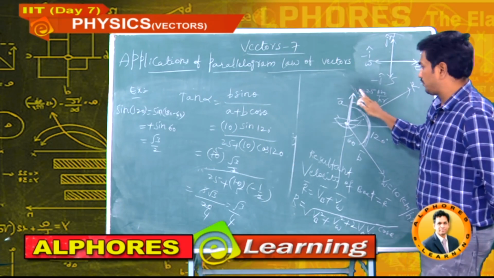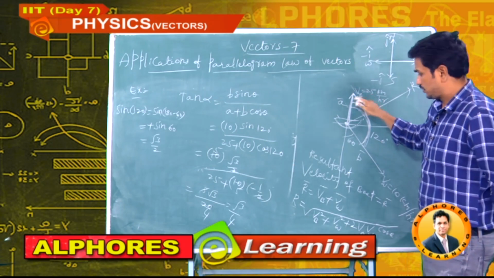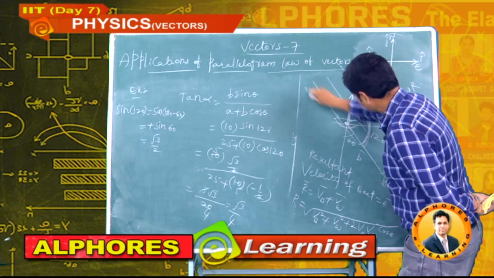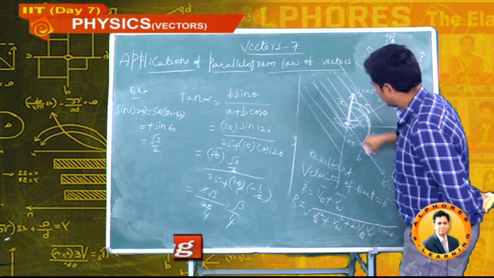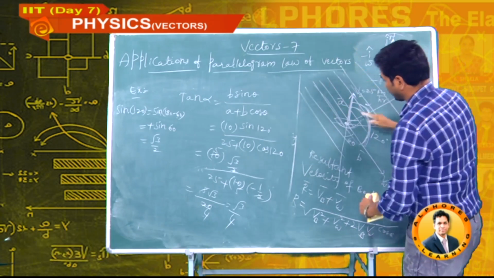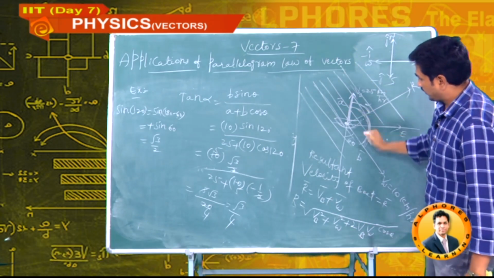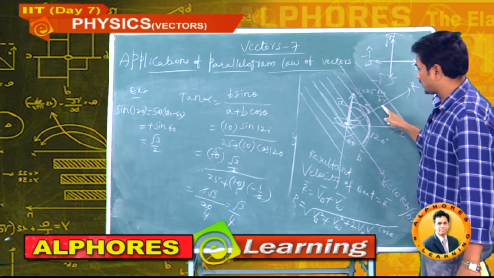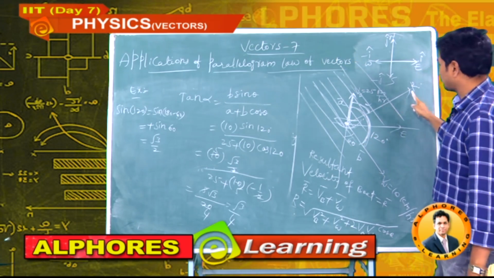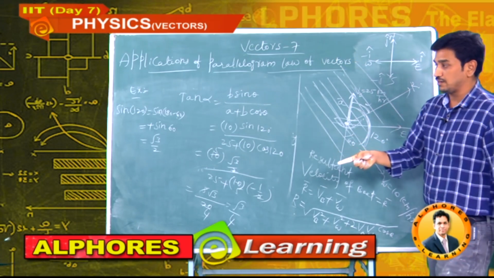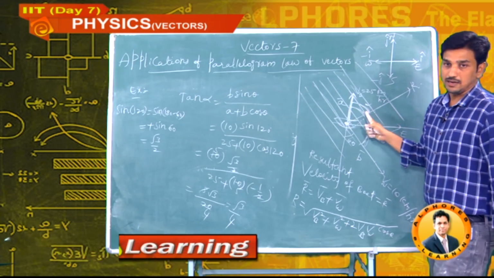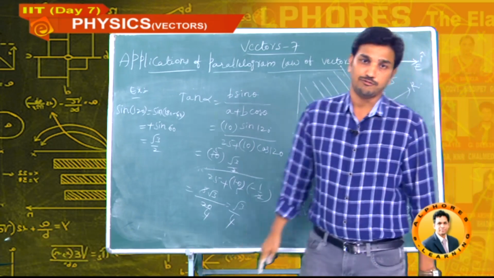If the boat is going with 25 km per hour, water is giving some velocity. See, water is coming in this direction. Water tries to push the boat. Now, boat velocity, water velocity, two are there here. Now, the boat is going with the resultant velocity. That resultant velocity value is root 475, and the angle made by the resultant with this one is tan alpha, that is nothing but root 3 by 4.